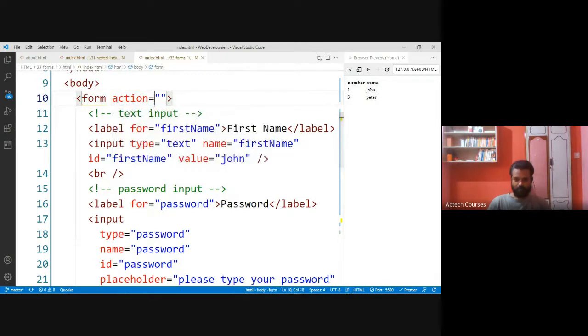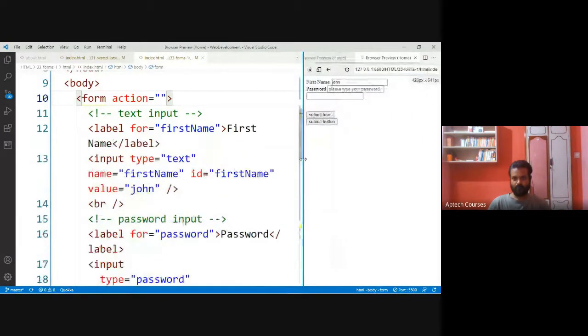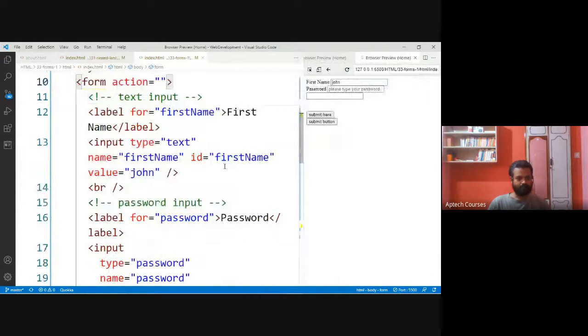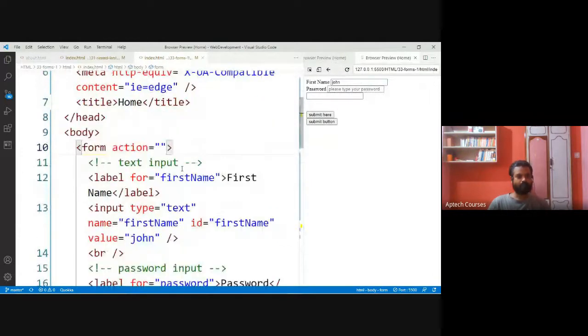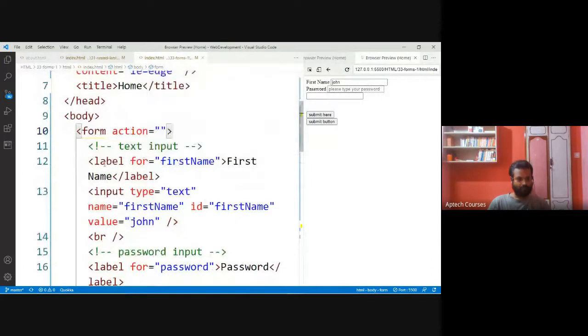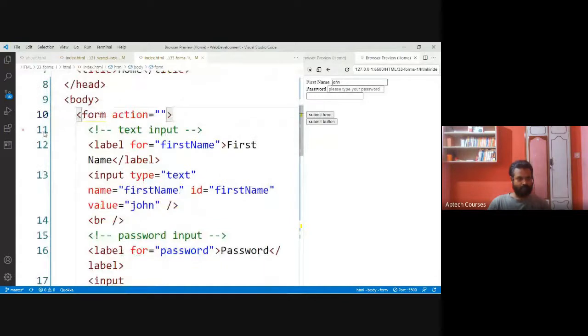Let me show the preview. This is how we are getting that. So what is this label tag?